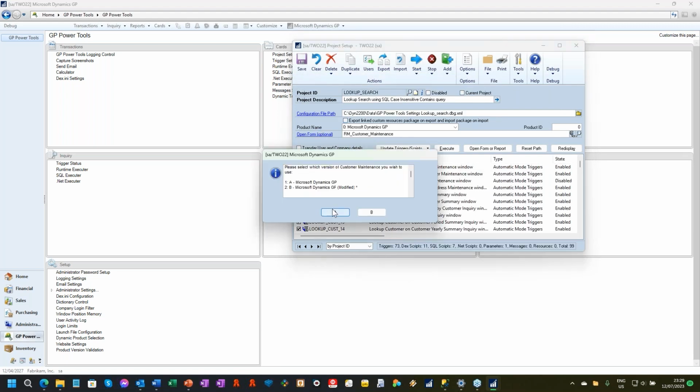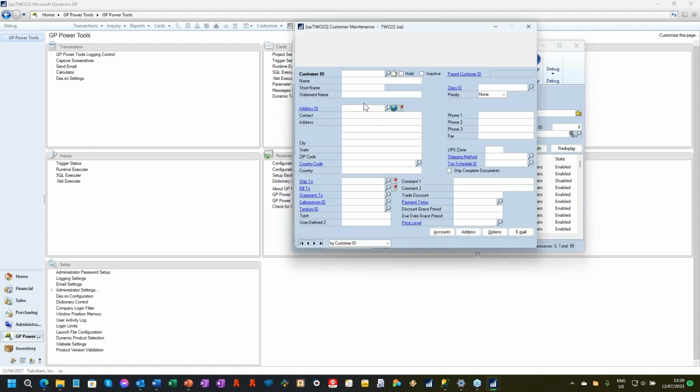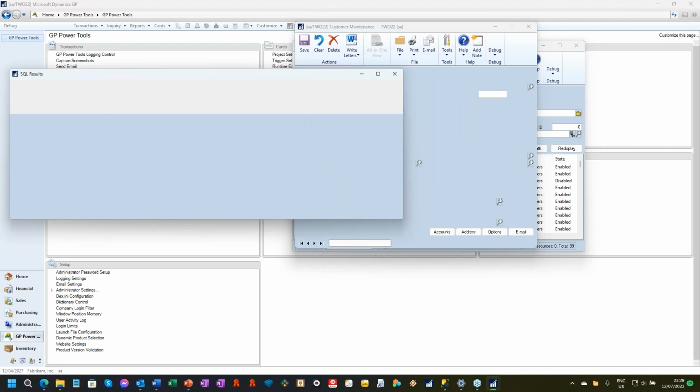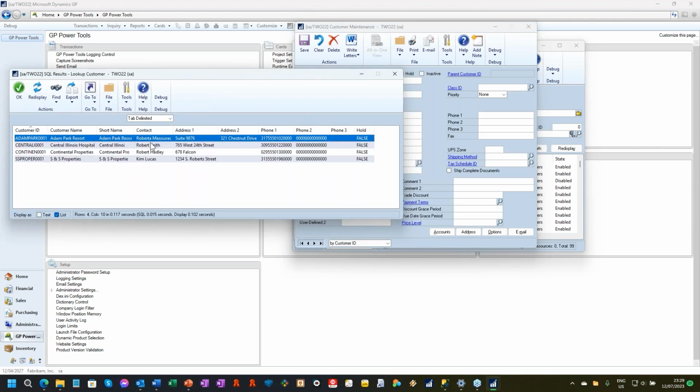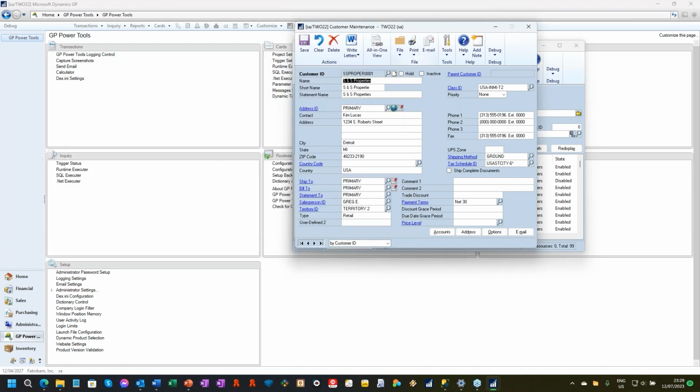Okay, open up customer maintenance. If I come in here and just type in some of what I know, you'll see I typed in Rob and I've got Roberta, Robert Street. Ah, yeah, that's the one I want. Double click, there it is. So you can basically search